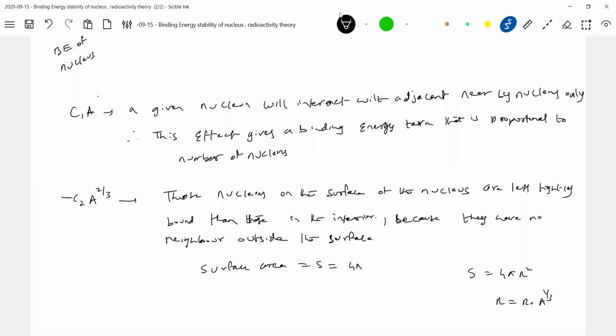Surface area of the nucleus equals 4 pi r square. And we know the radius equals r naught A to the power of 1 by 3. So this surface effect will decrease the binding energy. That's what I mean to say. That's why the negative sign is brought here. Why A to the power of 2 by 3? We can give some explanation like this here. And then,